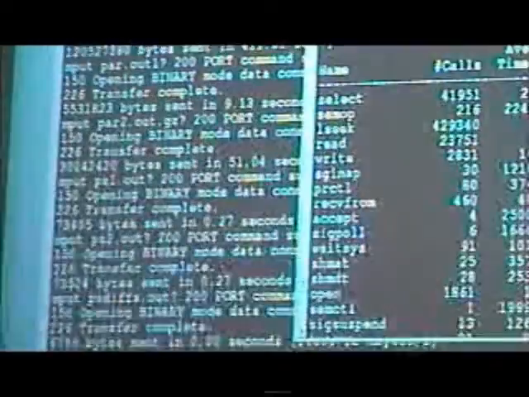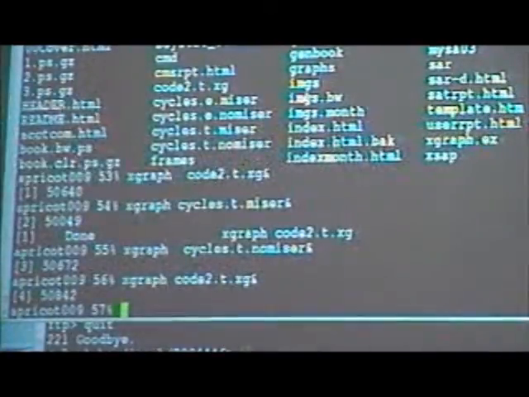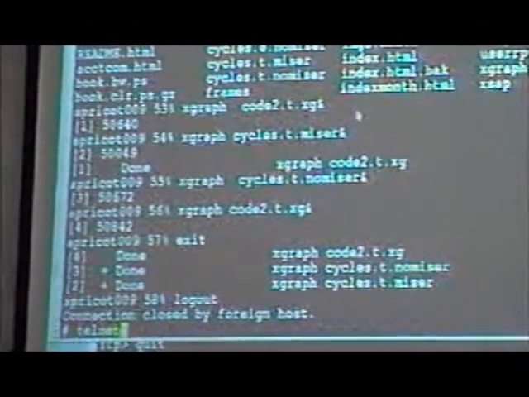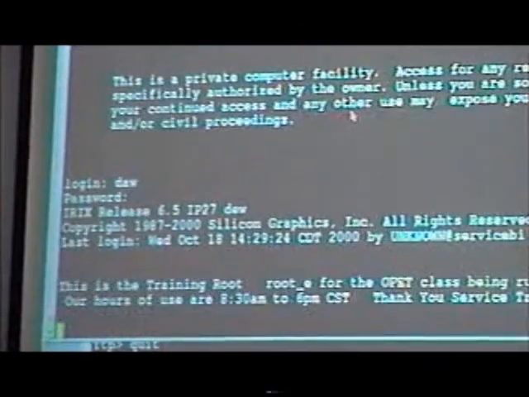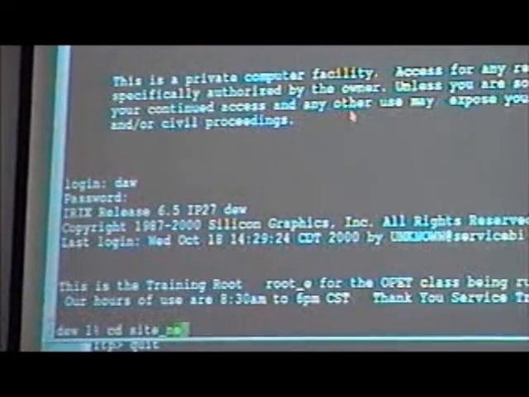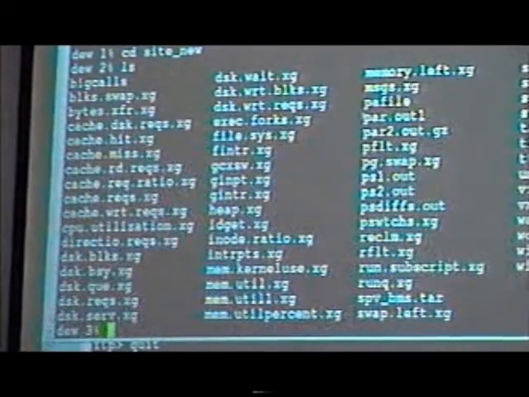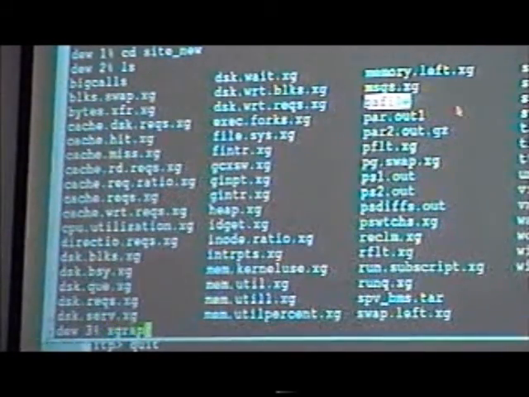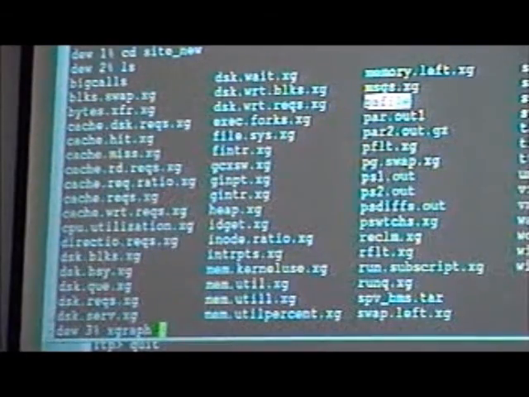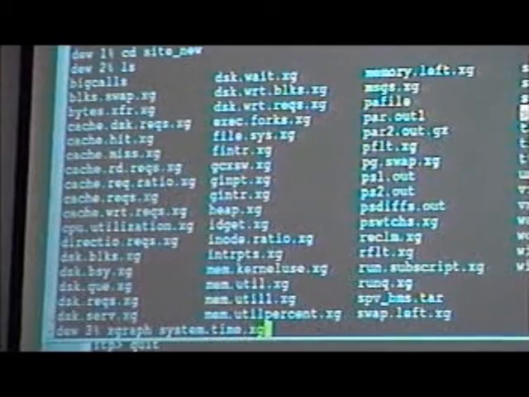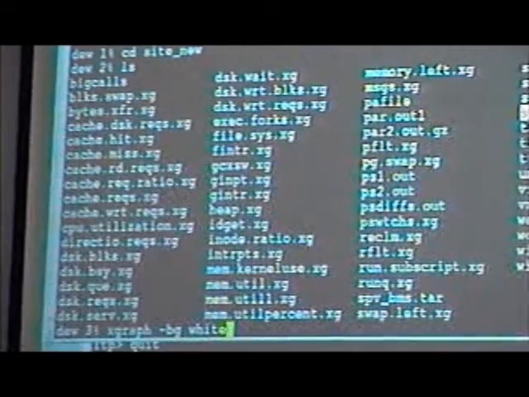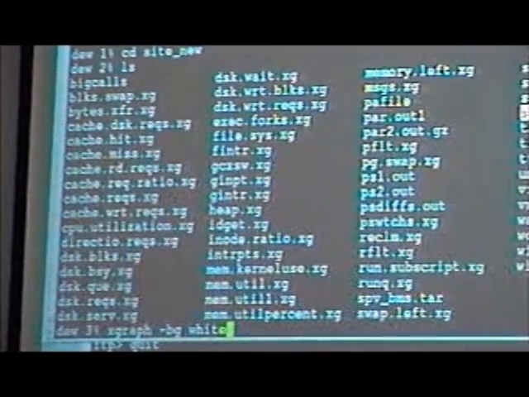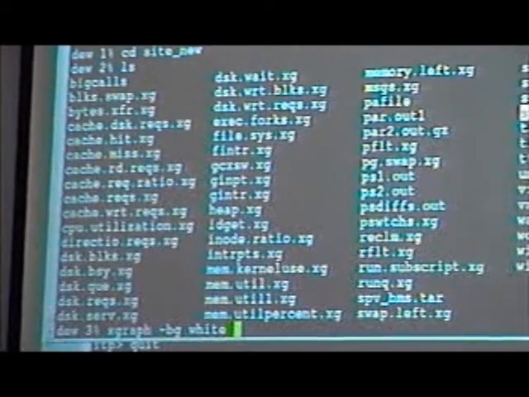and this was that real site that I was trying to show you. I got this a week ago. And it's just called new site, or site_new. So in there I've grabbed the PAR data that they gave me from the site. Again, I'm going to do an xgraph on system time. There are all the calls that the system does. If you do a man on a system call, you would know what it is. Sometimes I look at PAR traces and I don't know what